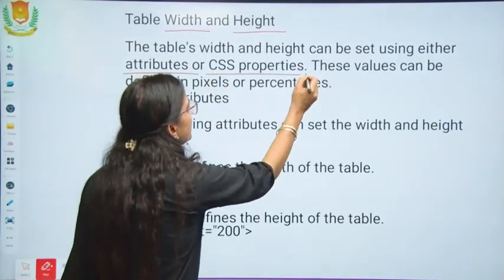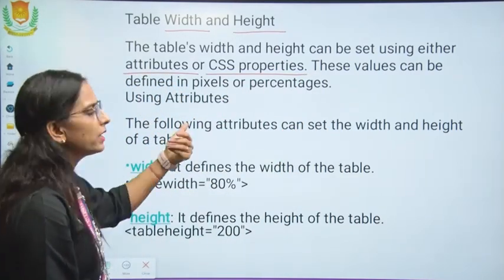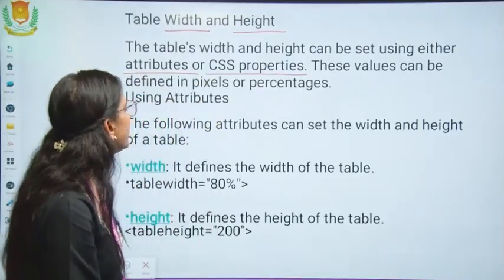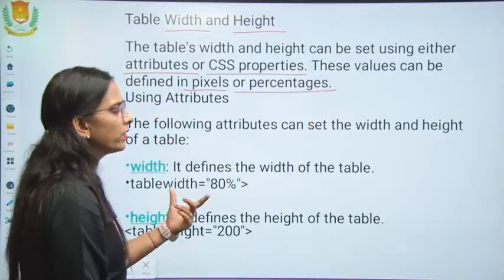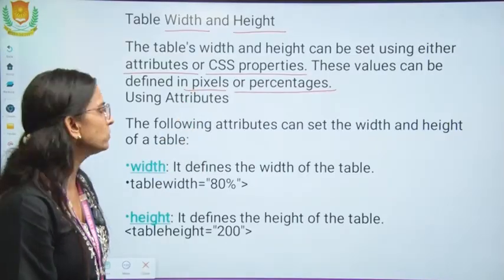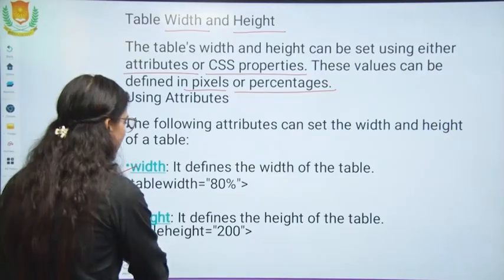Always, in each and everything, there are two ways: one is using the CSS properties and another is using the attribute. These values can be defined in pixels or in percentage, like 50%, 40%, 20% of the page.